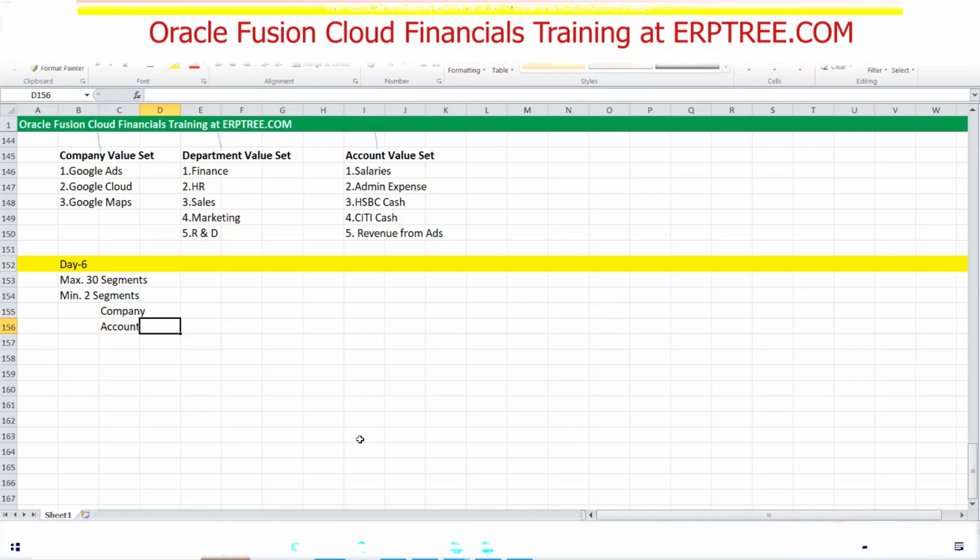Max we can create up to 30 segments, but reality how many segments we create. When you work for any implementation for reality, you could come across the cases like total segments can be 6 in the client chart of accounts, or it could be 7 or 8, 9. Very rare cases you may see 10. So not more than 10. Somebody is using the more than 10 segments also, system will support, but we don't call it as that is a best practice. We no need to create chart of accounts with a too many number of segments,